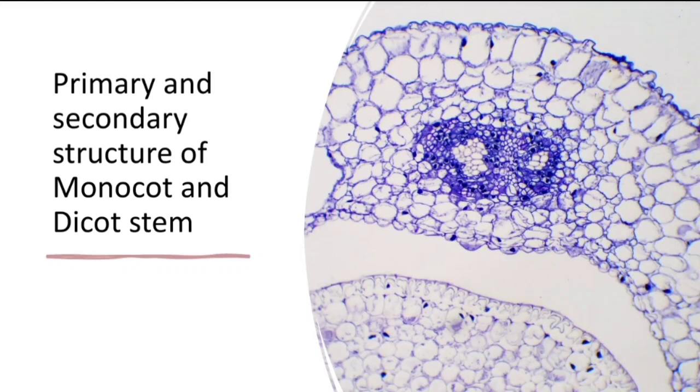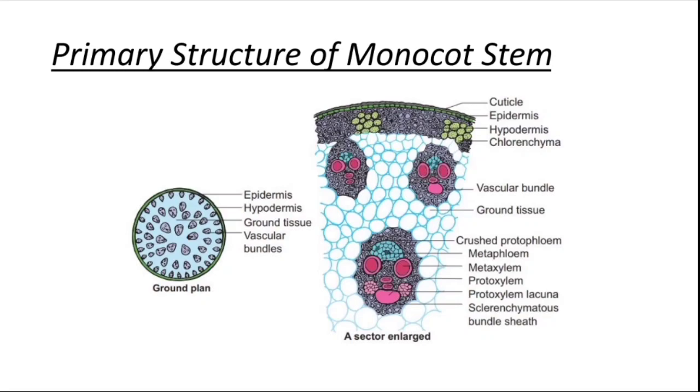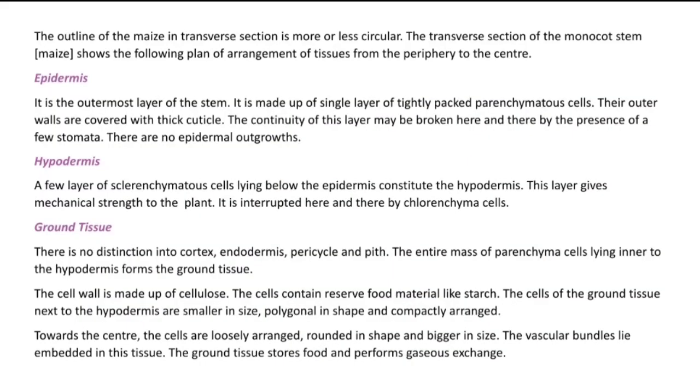Primary and secondary structure of monocot and dicot stem. Primary structure of monocot stem. The outline of the maize stem in transverse section is more or less circular. The transverse section of the monocot stem shows the following plan of arrangement of tissues from the periphery to the